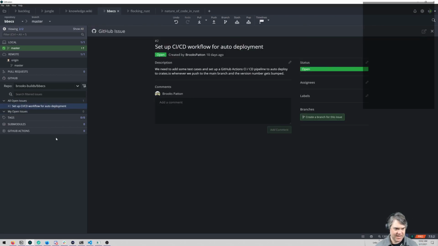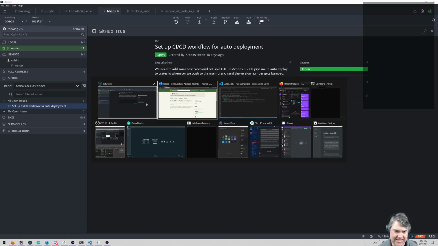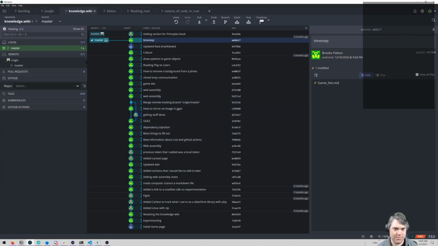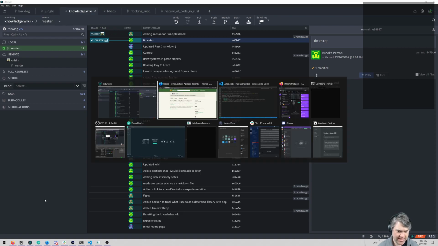The last one is set up the CI/CD workflow for auto deployment. So this one's a little bit more interesting because I have it stored on Git, so we can use GitHub Actions for this. It's a little bit of a pain to set up, and I've done it only once before for Rust projects. So it does take me a little bit of time to remember exactly how to do it. That being said, I do have this knowledge wiki that I've been trying to keep up to date. Let's go ahead and